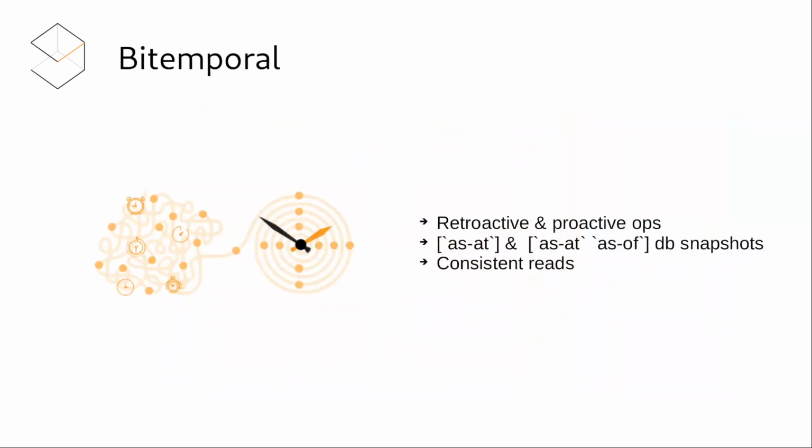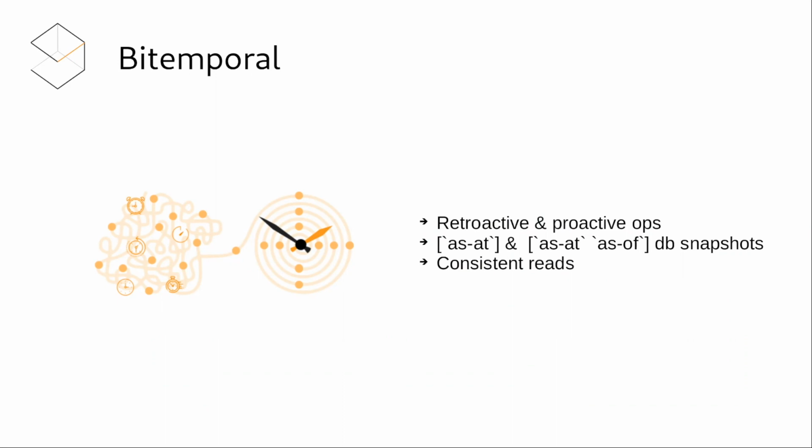John has described this. So the language we could use when describing inserting into the past is retroactive, and into the future is proactive. So these are operations. Whether you're doing a put or a delete or an evict, you can assign time coordinates to those things. So in the valid time, at the end of a transaction, you can put in the time that you want that thing to happen. And that makes it a retroactive or a proactive operation.